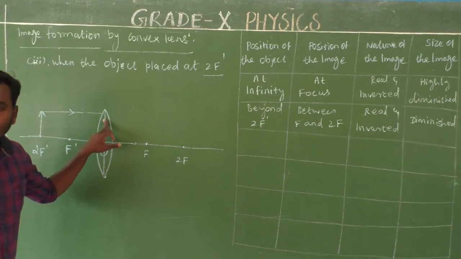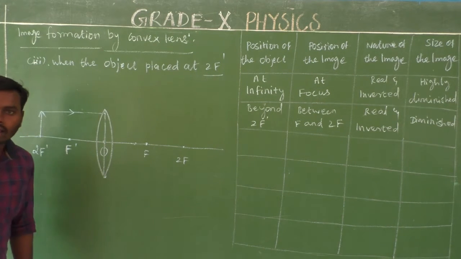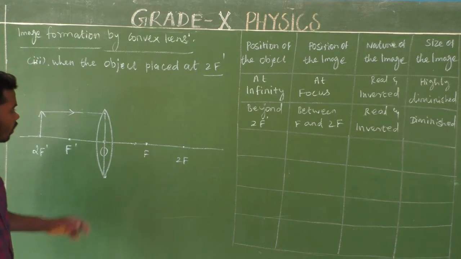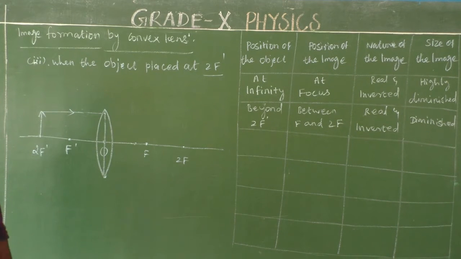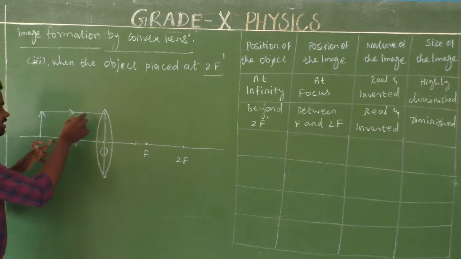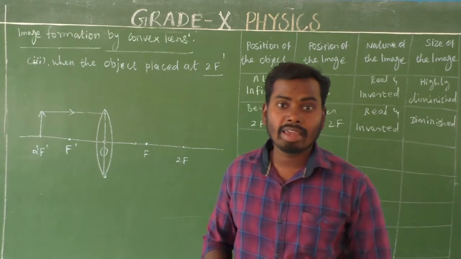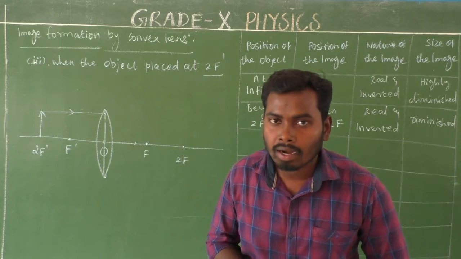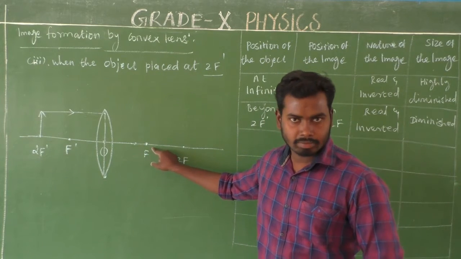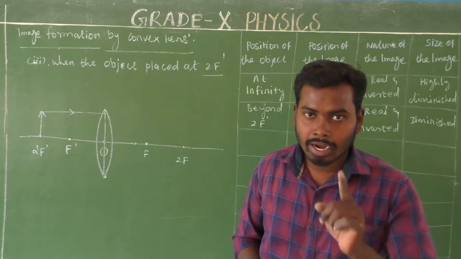Next, what will happen? Refraction takes place inside the lens. This ray of light is parallel to the principal axis. This is the principal axis, and this incident ray is parallel to it. Now we can use the first rule for obtaining images formed by a convex lens. What is the first rule, sir? If a ray of light is parallel to the principal axis, it will pass through its focus on the other side after refraction. That is the first rule.